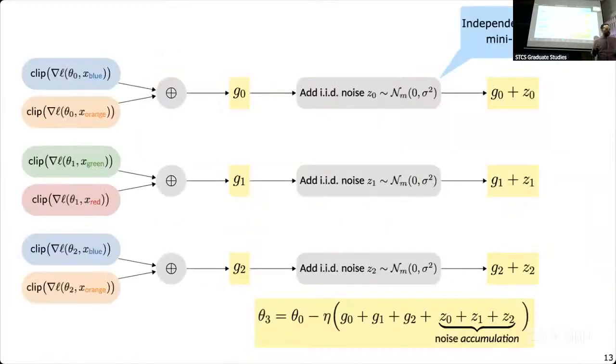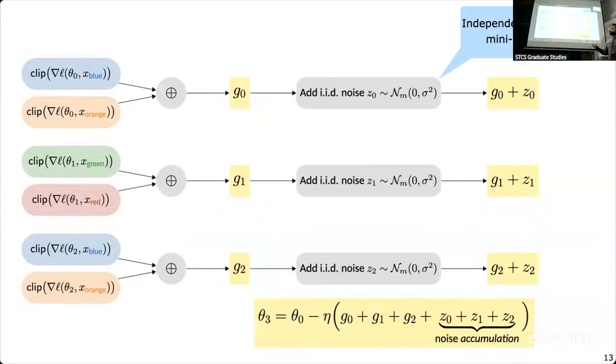What this looks like in practice is we typically privatize individual mini batch gradients. In the first line, it's the first iteration. We sample some data, compute our clipped gradients, add some noise, and then this is a private gradient estimator in iteration 0, and then the same thing in iteration 1, and so on. One thing that happens here is this noise just accumulates across iterations. And that can potentially hurt learning performance.